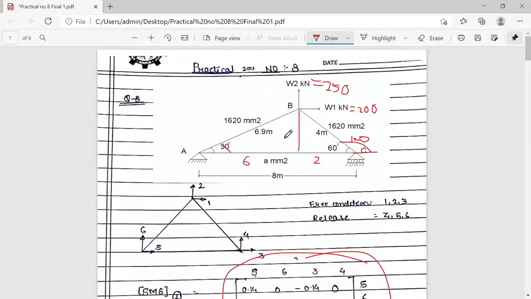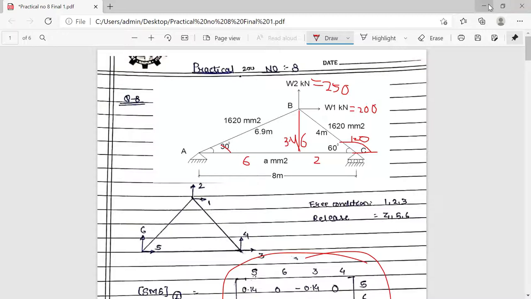Okay, and the vertical length is 3.46. So you just take the calculator and start calculating by using the sine, tan and cosine rules. By the sine and cosine rules you will get the unknown dimensions, because each and every dimension must be known before modeling in the STAAD file. Okay, so let us start.